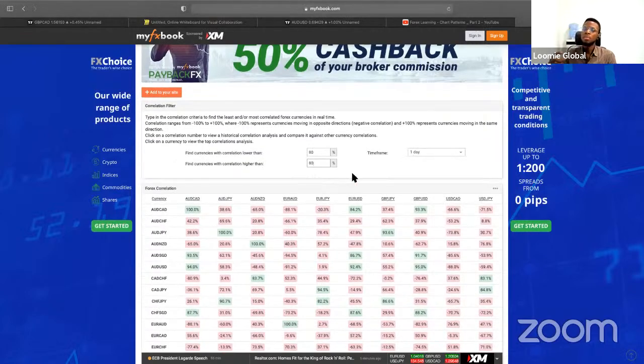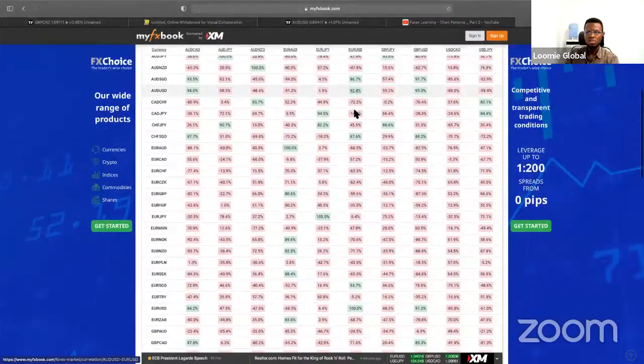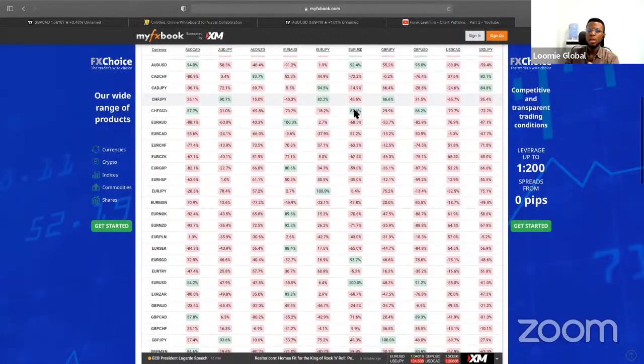are either correlated 80% above or correlated 80% below. Now, a pair that is strongly correlated would have a value that is 80% and above. For example, let us look at this, right? Let us just focus on the charts. If you see Euro USD, and let me even go to a more make-sense example like the price we just looked at. So we have AUD USD here.